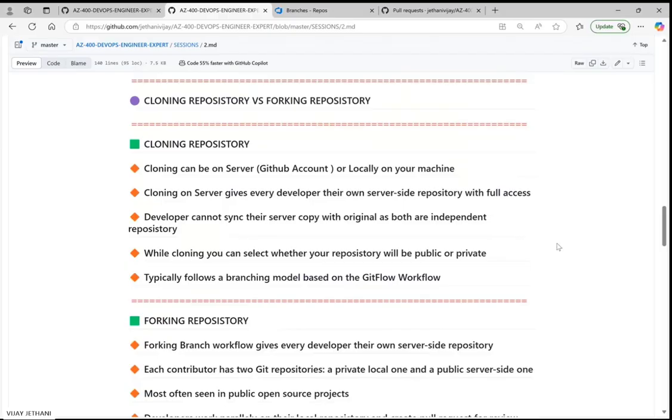The advantage is that it has the complete history of whatever you have done in your original repository. The disadvantage is that there is no connection between your original repository and your new repository. Why? Because if I am cloning, I should get a full copy. Otherwise, I have to fork it. So the difference between fork and clone is